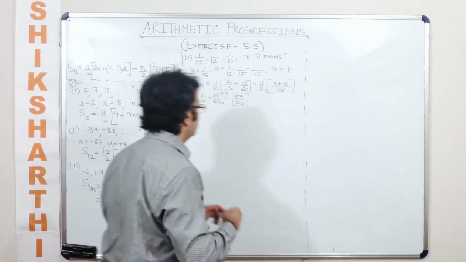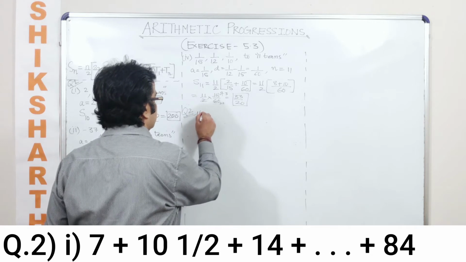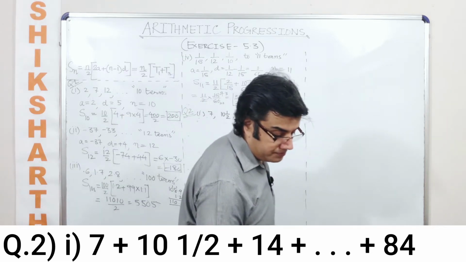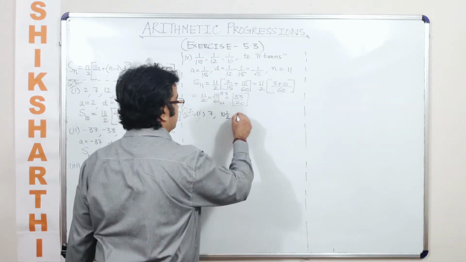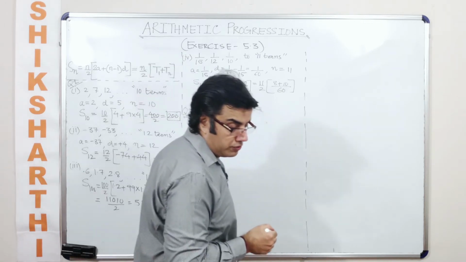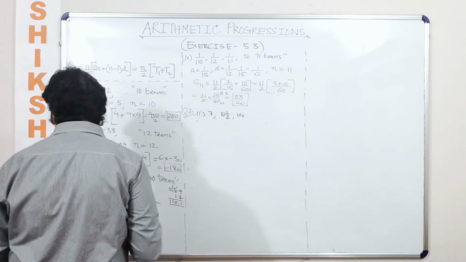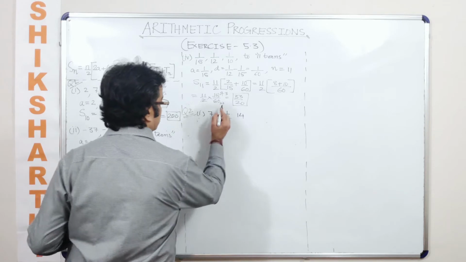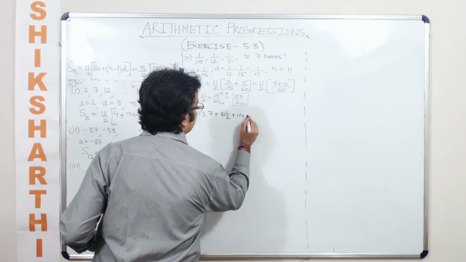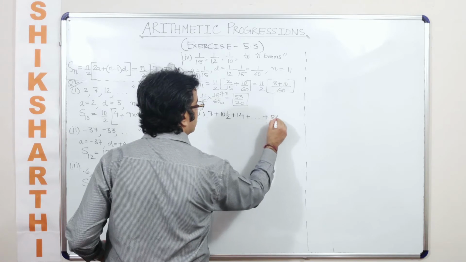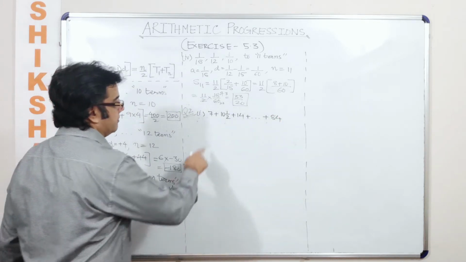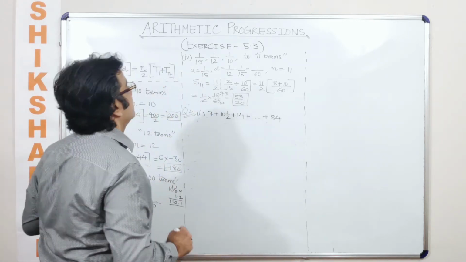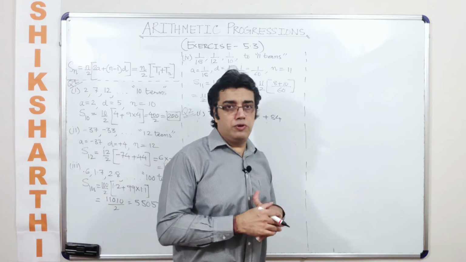So the first series that they have given to you is the first subpart here. So 7 followed by 10 and a half, followed by 14, and so on. You are supposed to find out the sum. Now if you note the difference here, because till now I have not talked about this, but now it gives me a point to talk about this. If they would have wanted, they could have given this question as 7 comma, and they would have asked you to find out the sum as they have done for other questions. Now at this stage it behooves me to say,